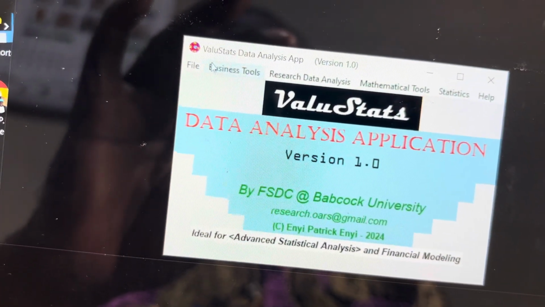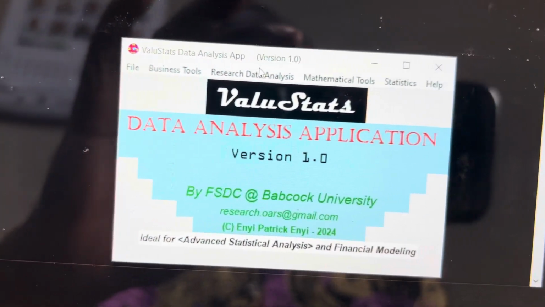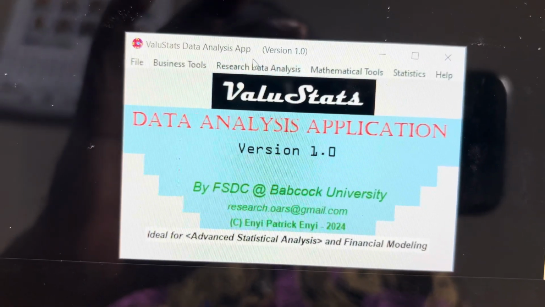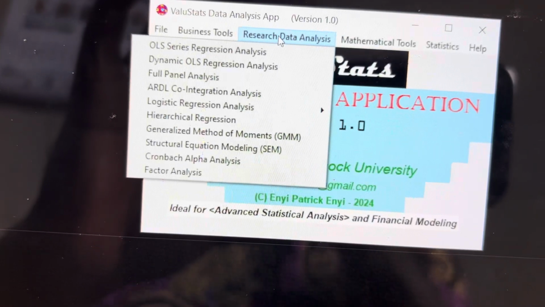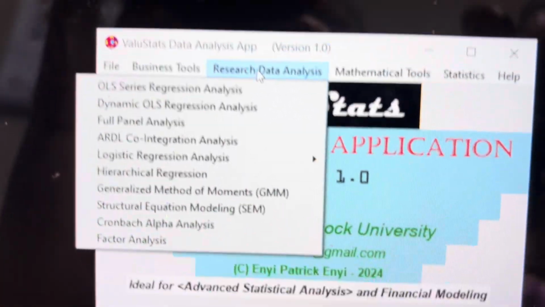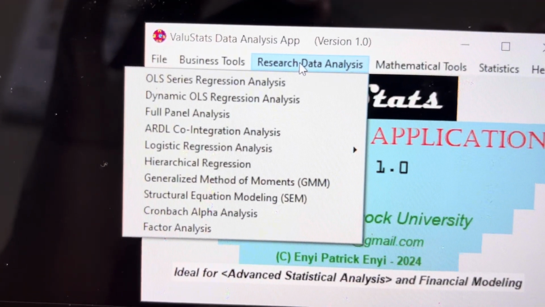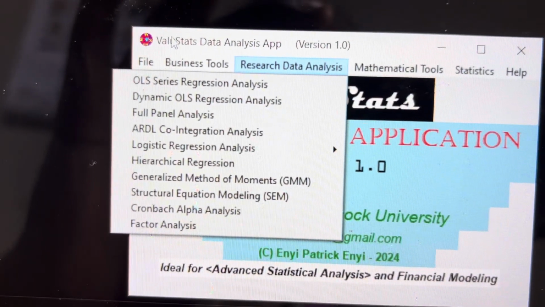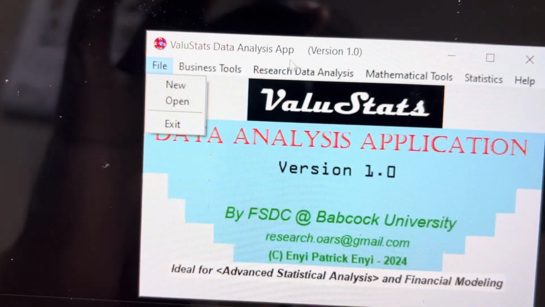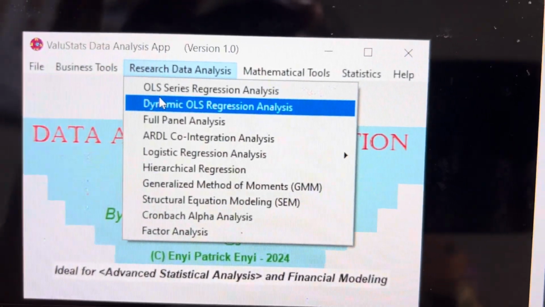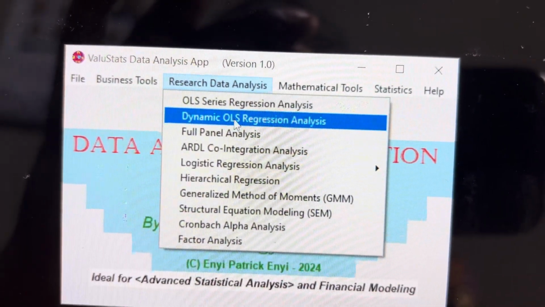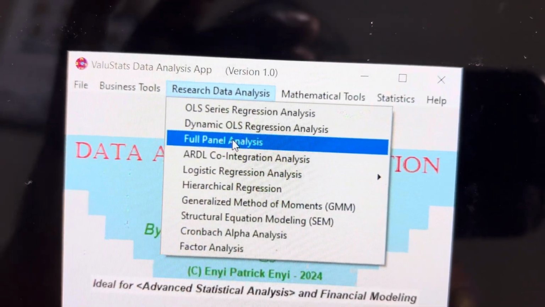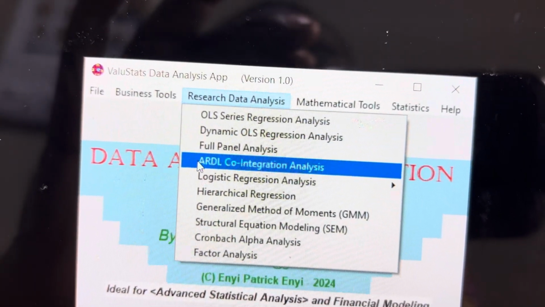Then now let's go to the research data analysis. Now in the research data analysis, we have this here. We have the OLS series regression, OLS time series regression. You have dynamic OLS regression. You have full panel analysis. You have